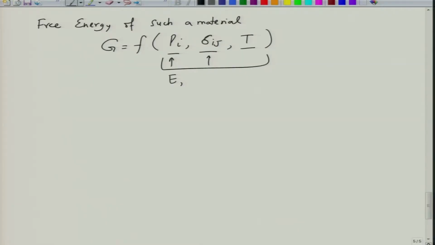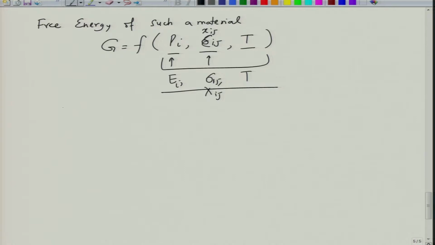So, you can do a Legendre transform to relate it to the stimuli. The stimuli in this case would be E, sigma and temperature, right. And you can write this in terms of E, sigma and T, or you can write this in terms of P, epsilon and T, or it could be x_ij or capital X_ij, right. So, there are various ways of writing this free energy equation that we saw in an earlier lecture. Now, let us write a little more detailed free energy equation.